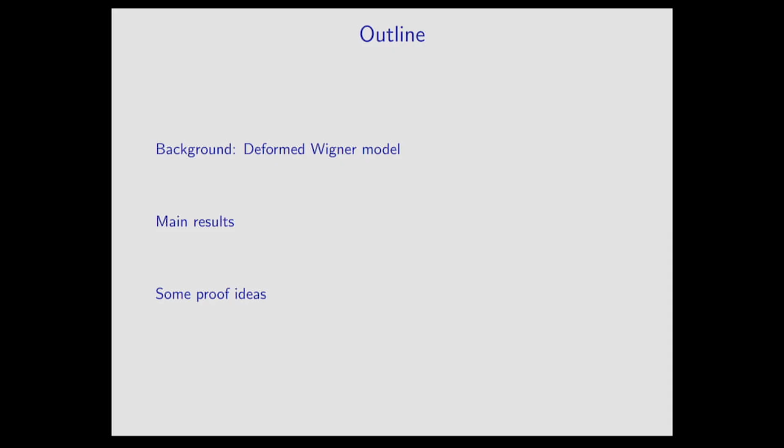Okay, so the outline for the rest of the talk, what I want to do is hopefully the following 3 things. I just want to very quickly go through some background on the actual deformed Wigner model, the classical one in random matrix theory, just so everyone's on the same page. And this will allow me to state more formally what our main results in this work are. And hopefully at the end I'll have a little bit of time to explain some of the ideas of the proof, and in particular some aspects of the analyses that are different from scalar valued random matrix models.